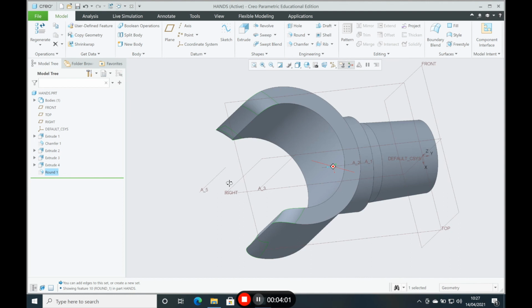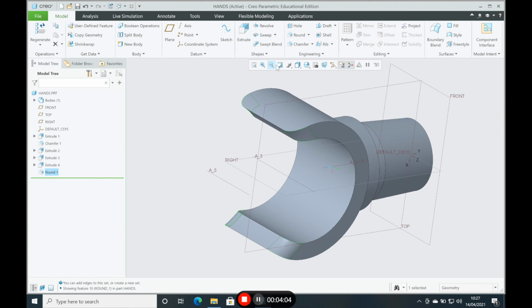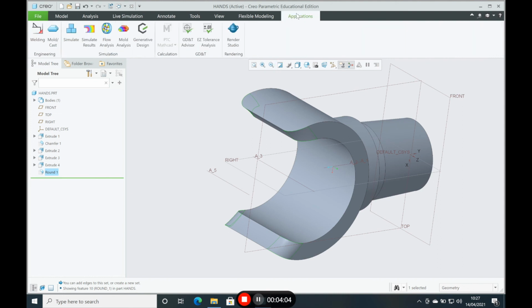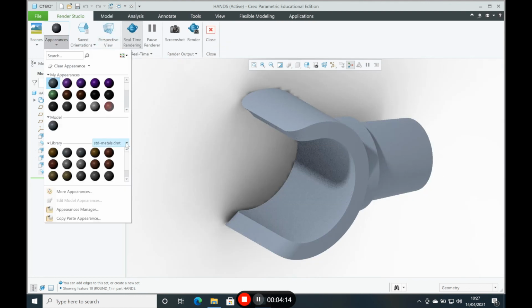We're just going to add some colour to that, so it's pre-coloured, ready to go. So to do that, we're going to click on the word applications, which is just above the ribbon we've been working on, and you'll see the teapot under Render Studio. So I want to click on that Render Studio. It's going to load up. We then click on the word appearances,